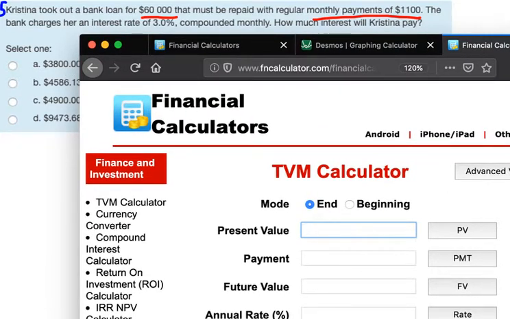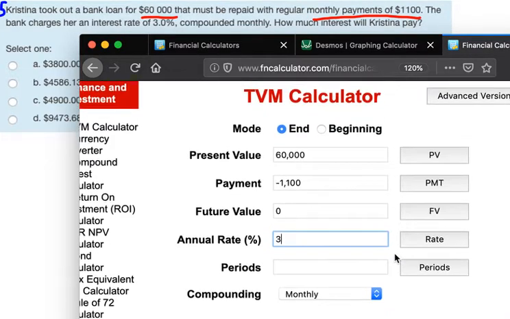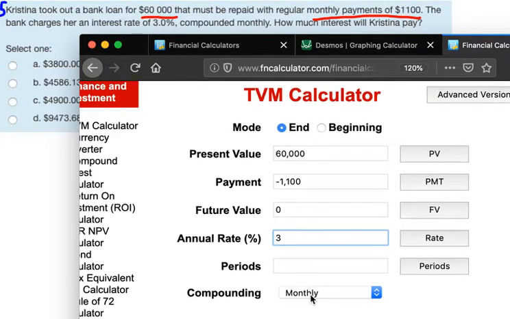So at the beginning, we were given $60,000. We want to pay off $1,100. Because we want to pay it off, our future value will be 0. Our interest rate is 3%. And it's monthly. Now, because the monthly payments